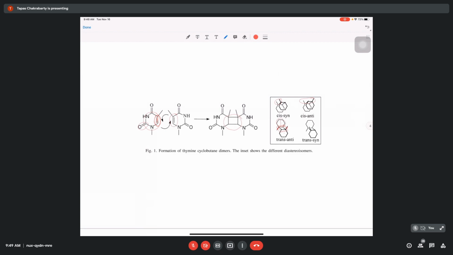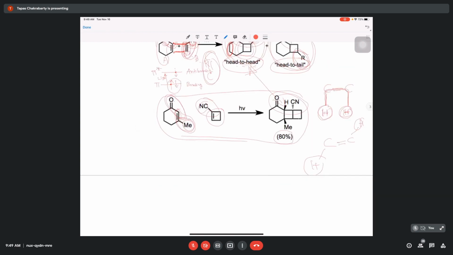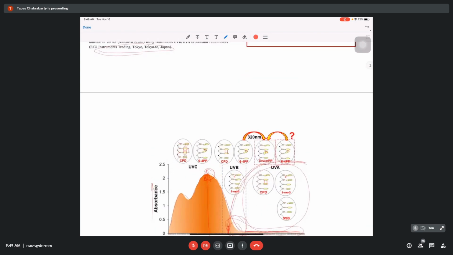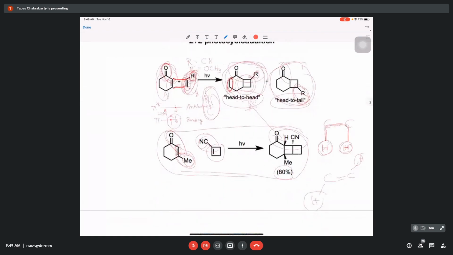Okay, now cyclobutane. This is one of the possible geometric structures that is produced, but it is not all the time that the reaction happens this way. Look at this cartoon diagram, how the molecules are oriented. This relative orientation depends on which part of the double bond of the other molecule is neighbor to it.